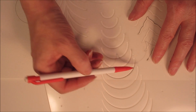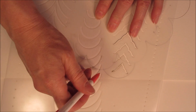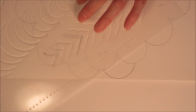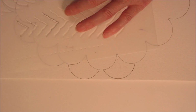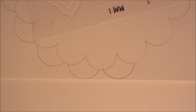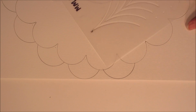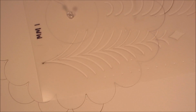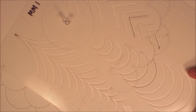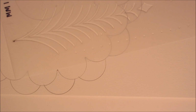So I'm just eyeballing that center, and I'm going to mark this line, and then I'm going to rotate to the next one, and again just centering, eyeballing and centering that next mark as I make it. So I'm going to go around the circle and do this as well. So now that I've got that next layer in there,